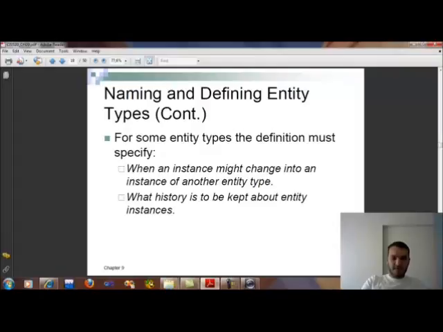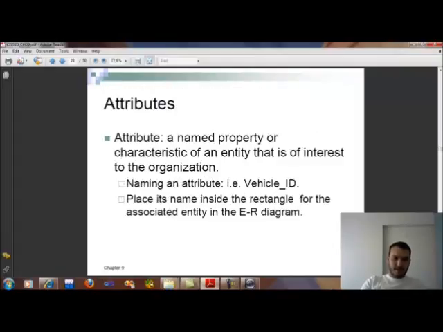For some entity types, the definition must specify when an instance might change into an instance of another entity type. What history is to be kept about entity instances. And attribute: a named property or characteristic of an entity that is of interest to the organization. Naming an attribute